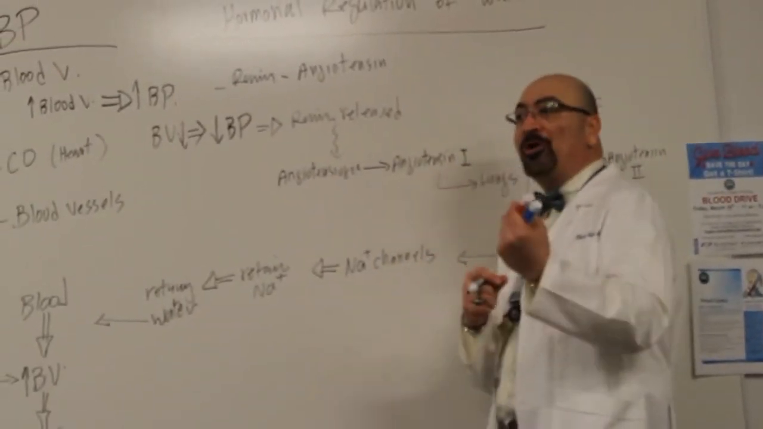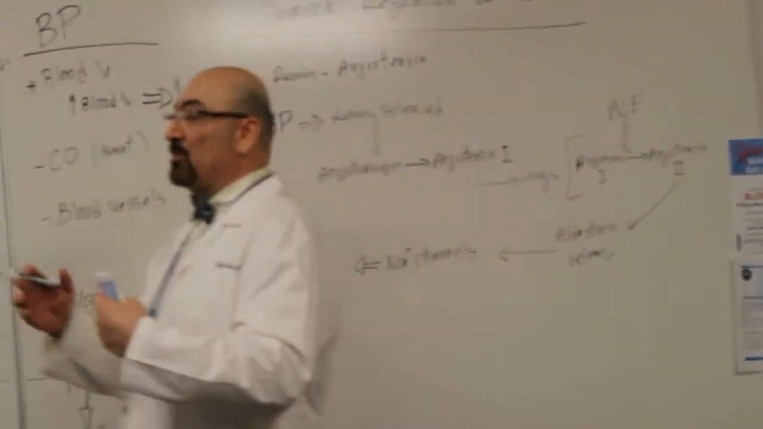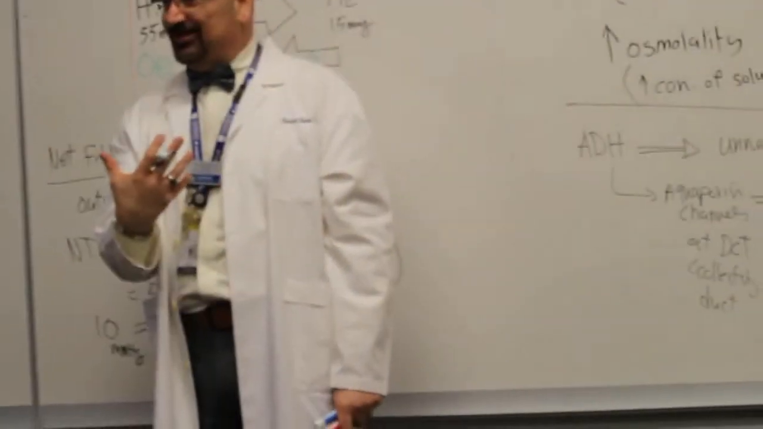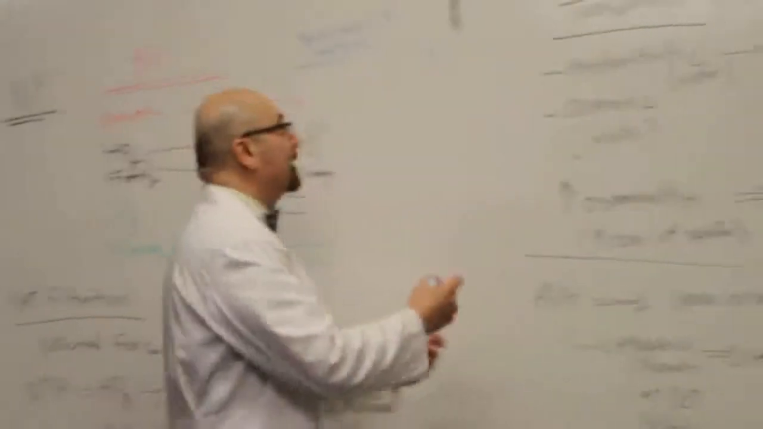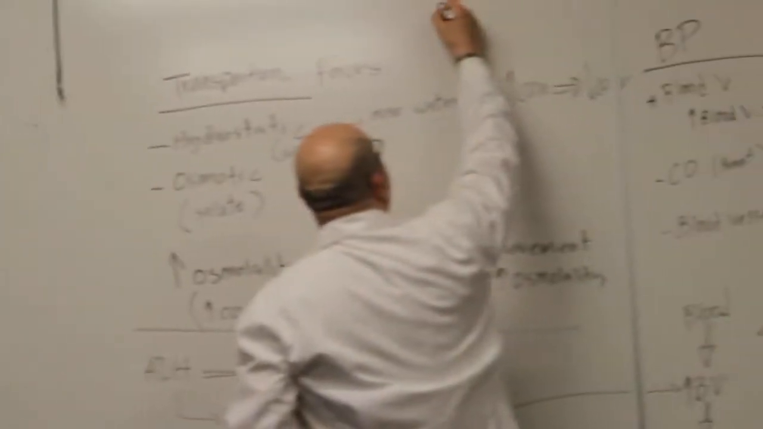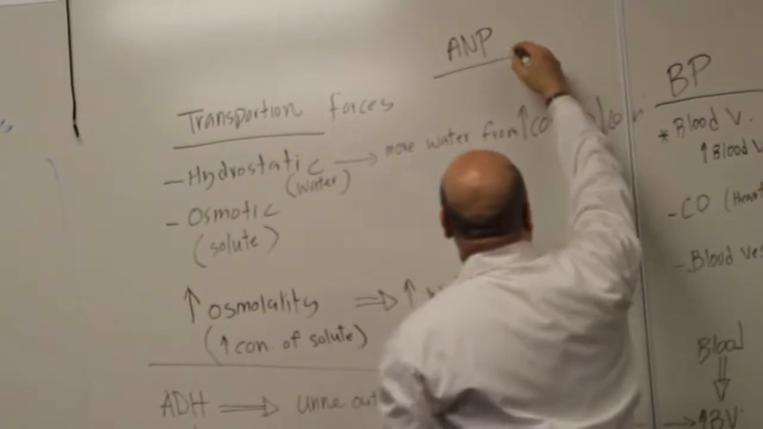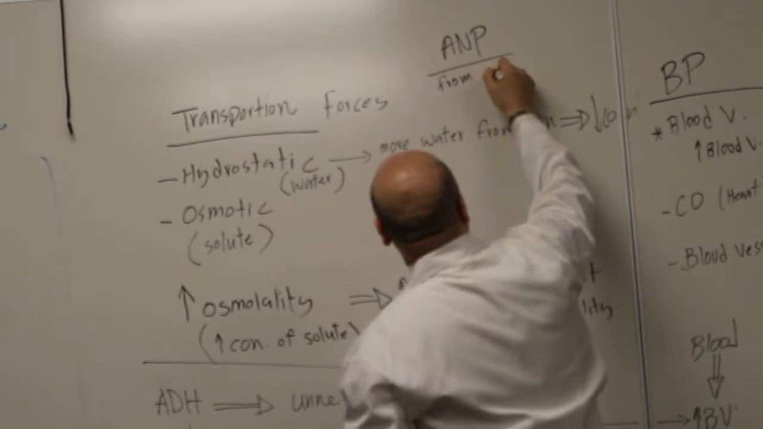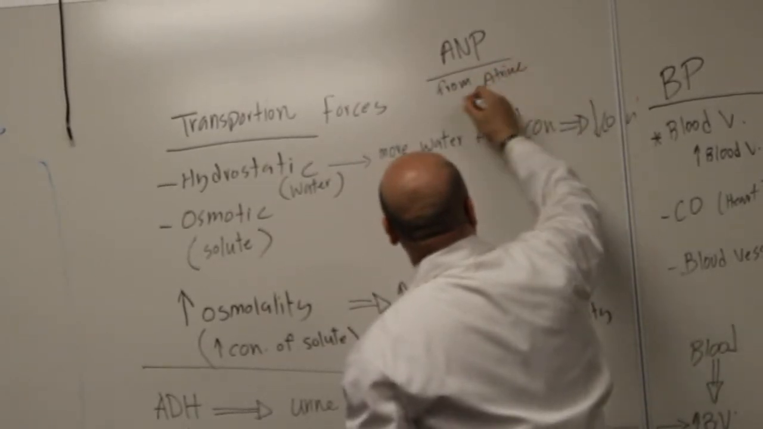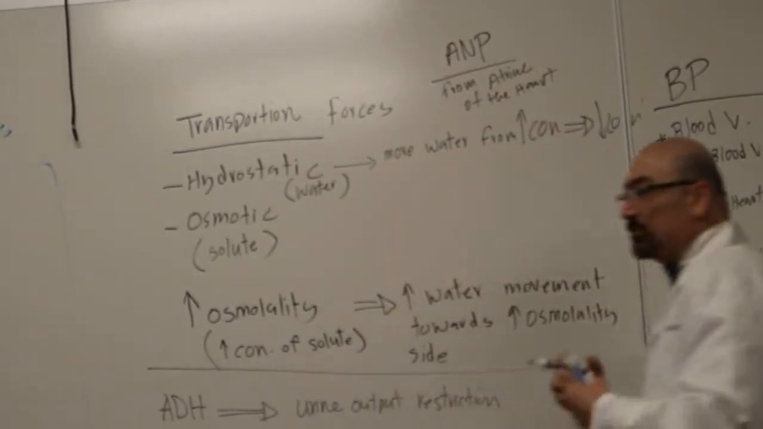I'm going to give you one more example, and then we wrap it up. The other one is coming from a strange place, from your heart, from the atria of the heart. We get to also release ANP, atrial natriuretic peptide. So when we release that from the atria of the heart, that is in response to